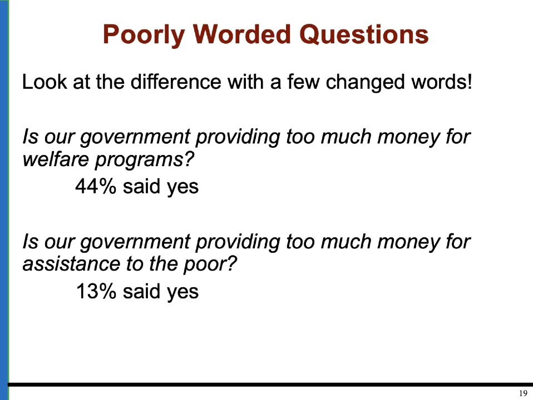I want us to consider the effect of poorly worded questions. These two questions are attempting to ask the same thing, but they got very different results. Is our government providing too much money for welfare programs? The response was 44% saying yes. Whereas when the question instead was, is our government providing too much money for assistance to the poor, only 13%